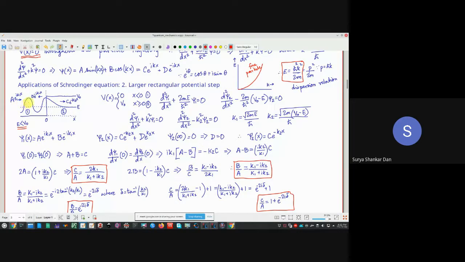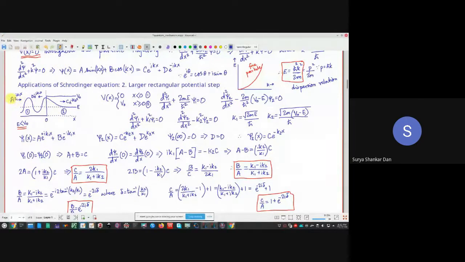As simple as that. So what have we written here? If psi1, the wave function in region 1, is a combination of A and B, then this will be plus, the other one will be minus. Simple. So what is this? e to the power of plus ik1x going towards the plus x direction, minus ik1x going towards the minus x direction.